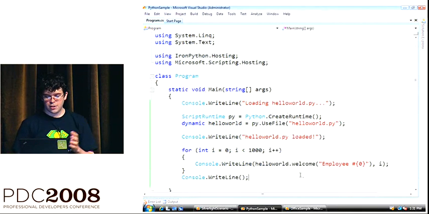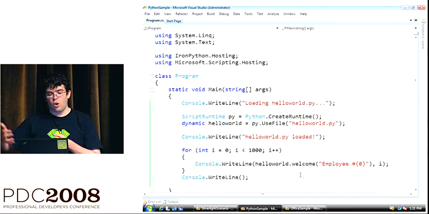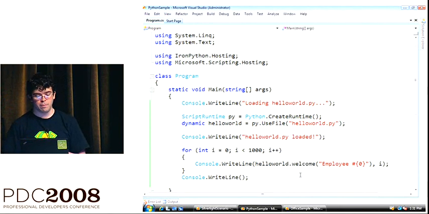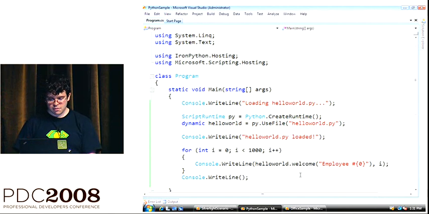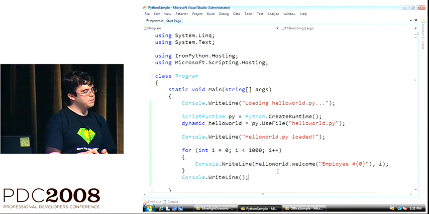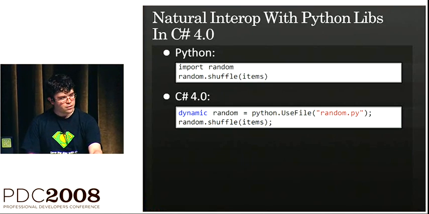And so that's that. I was able to call into some Python library almost as easily as if I had just said using hello world, and it was some namespace for something I defined in C#. And so I'm going to just go back. That was just a simple quick demo to give you a feel for how that works. I'm going to go back to the slides